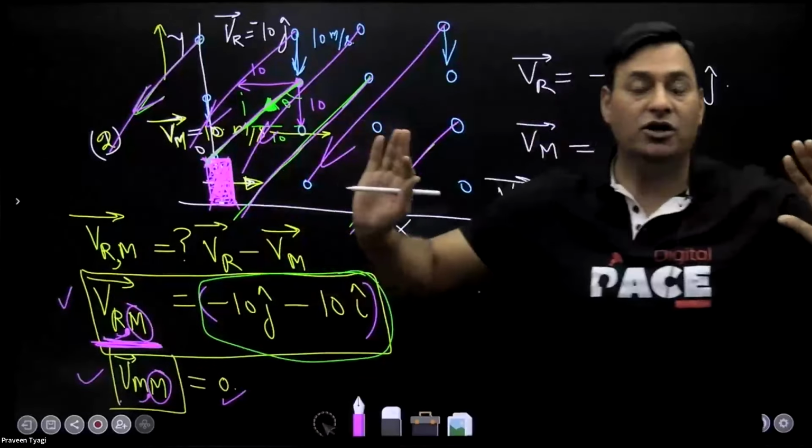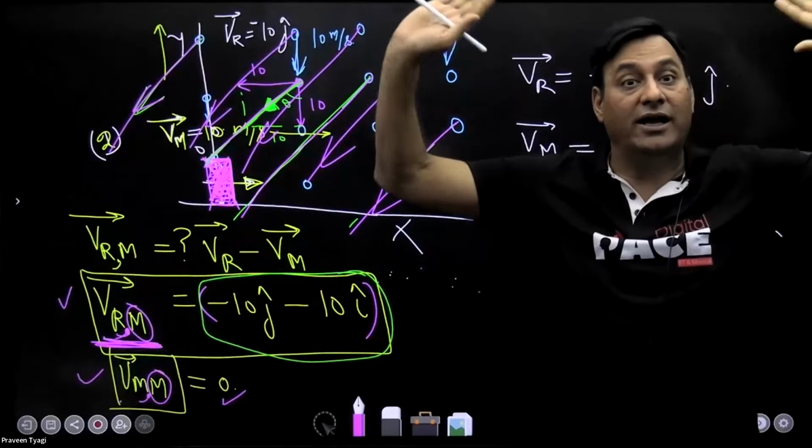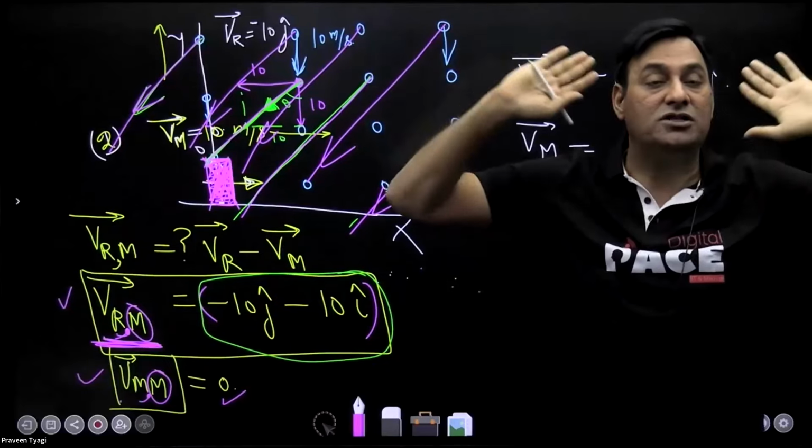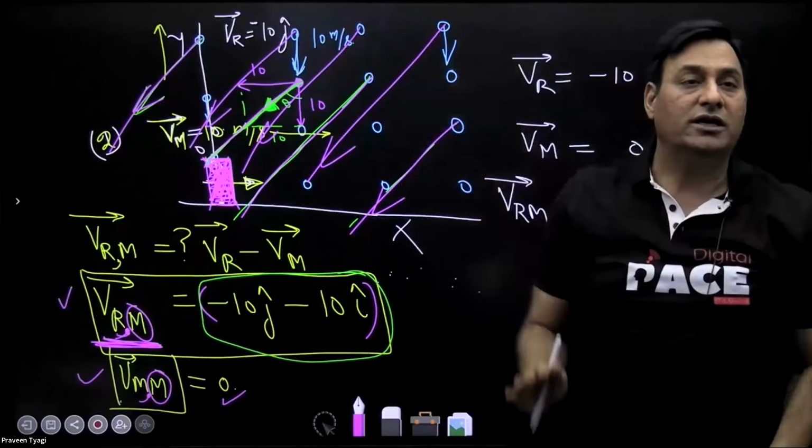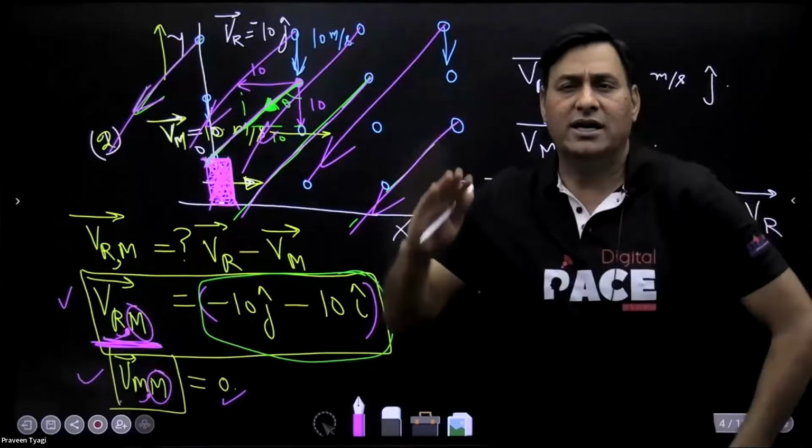I'm sure this is too tough. This is a part of your 11th IIT preparation, relative velocity, and children there also are not clear. If you are able to understand, get the hang, it'll be